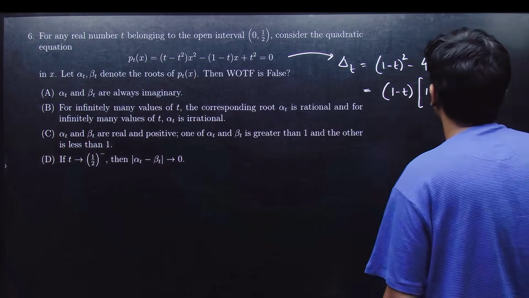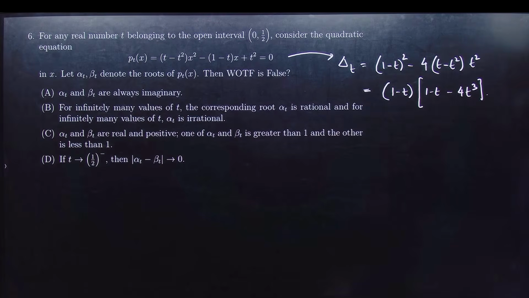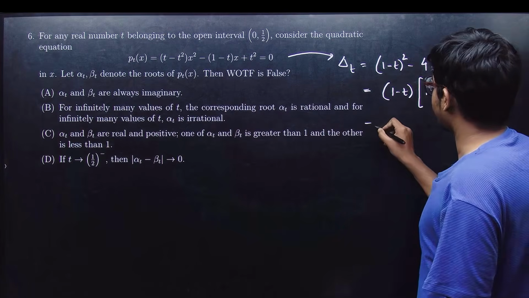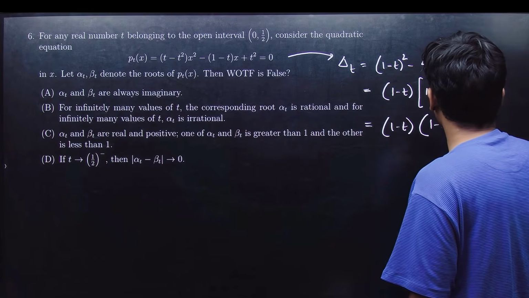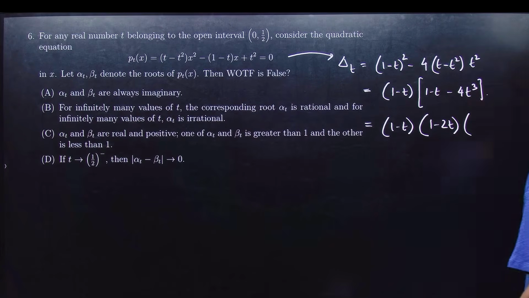Okay, right? This is what I'll get. Cool. Now from here, what else can I do? This can be rewritten as 1 minus t. If I factorize the second quantity, it will turn into 1 minus 2t into, you get what? 2t square